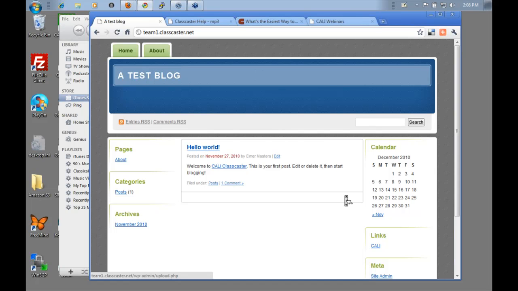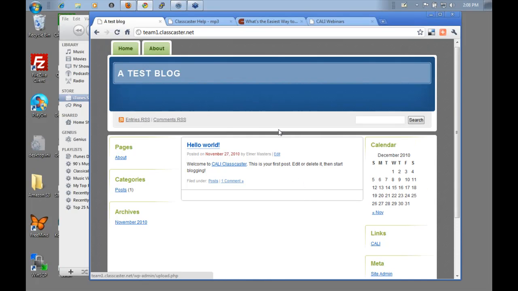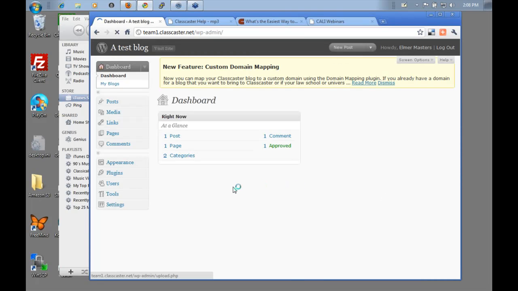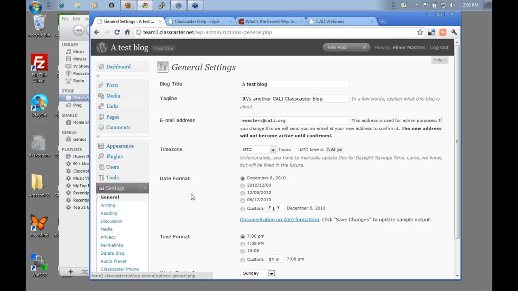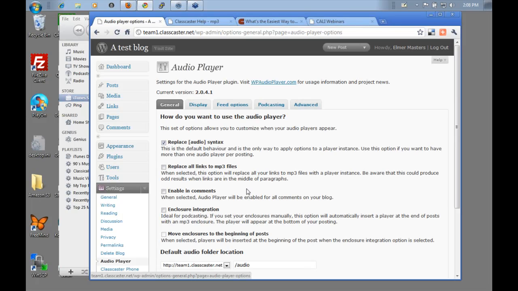So all Classcaster blogs, this is a Classcaster blog. It's at team1.classcaster.net if you want to sort of follow along at home. We'll take a look at the behind the scenes. Every Classcaster blog, by default, has the ability to do podcasting. They all have the audio player plug-in set up by default, and this allows you to have a nifty little audio